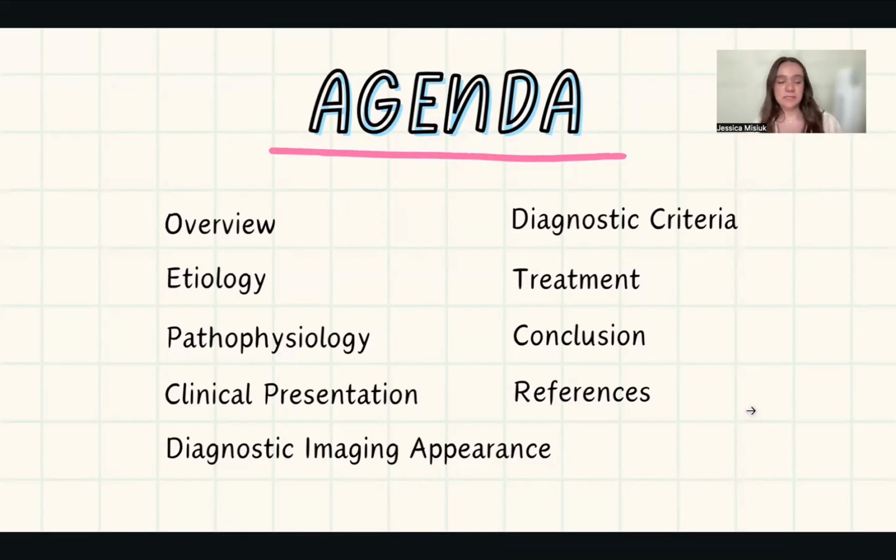I'm going to be going over the etiology and the pathophysiology, what causes this abnormality, the clinical presentation, such as symptoms, and the diagnostic imaging appearance, including ultrasound and MRI, magnetic resonance imaging. I'm going to be going over diagnostic criteria, how you diagnose it, the treatment, and a conclusion, which includes,